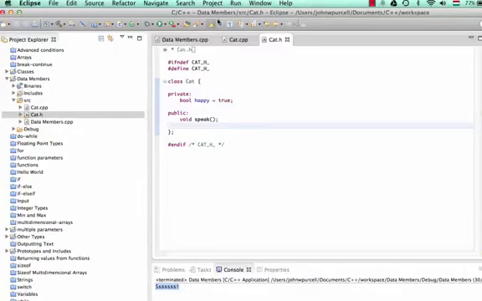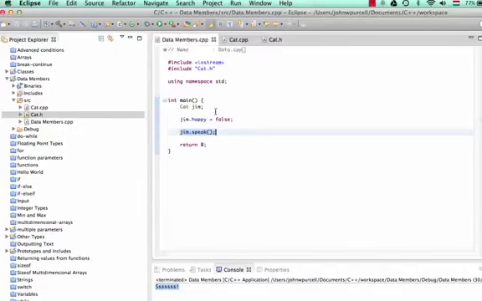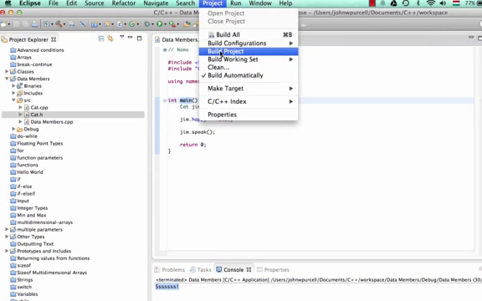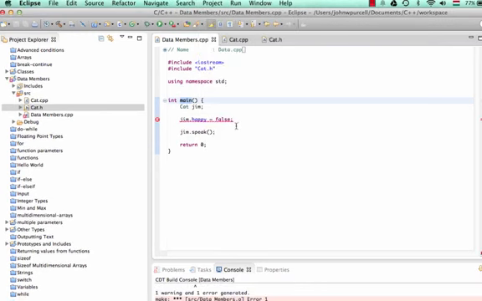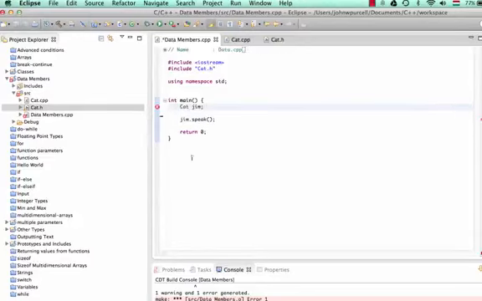And let's see what happens now. So I'm going to go to datamembers.cpp. I'm going to go to my main function, and I'm going to go to project, build project. And now we find we've got an error. It won't let me access happy anymore outside of the class. So let's actually delete that, because it doesn't work anymore, because now happy is private,